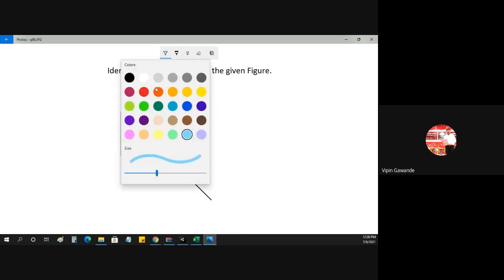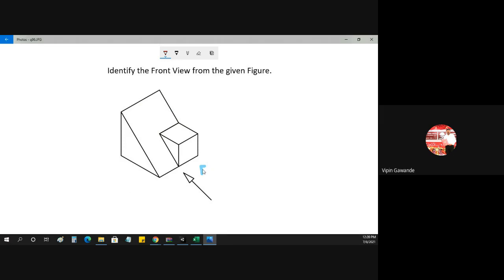Now we have taken a sufficient number of problems. So what do you have to draw here? This is the front view. So what will come in the front view? We'll get vertical surfaces in the front view. This is the first vertical surface that is visible to the observer. So this is surface number 1, and it is at the bottom. So we'll get surface number 1 here.